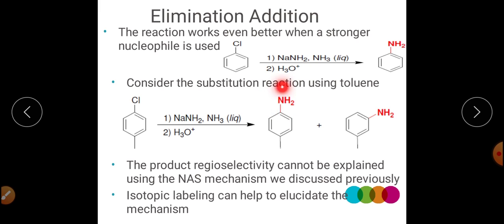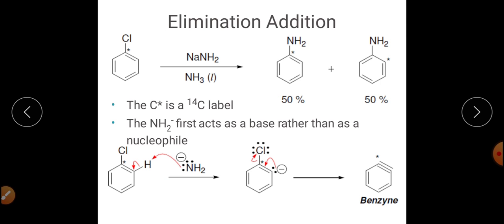This is the ipso substitution, meaning the place on which the leaving group was present. We are also getting this particular product, which is the position adjacent to the leaving group, right? So basically it is proceeding with an intermediate, and that intermediate is called the benzyne intermediate, or simply arine. And how did we come to know about this formation of benzyne, or if we are particularly talking about the